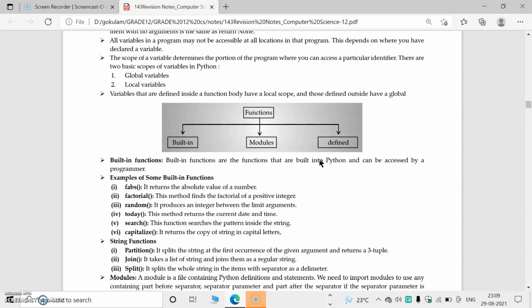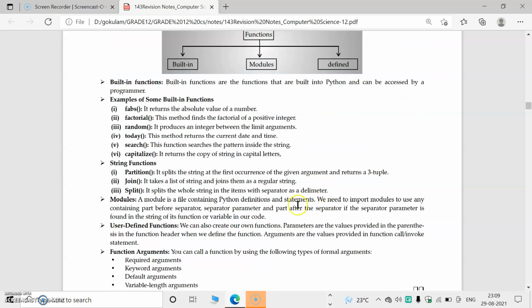If a variable is declared inside the function, it will be accessed inside that function only. No other function, or anything outside the function, can access the value. Global variable means if you declare the variable outside the function body, then all of the program and all functions can access that value.